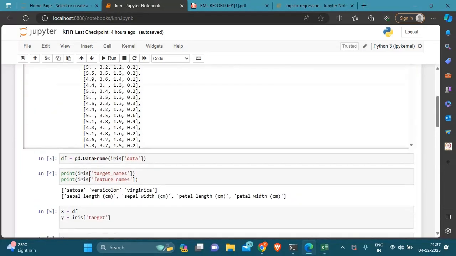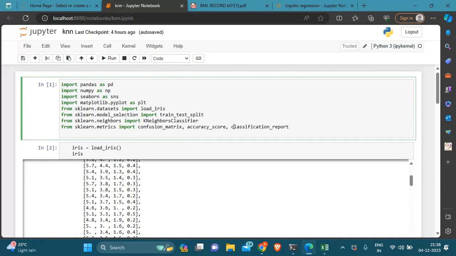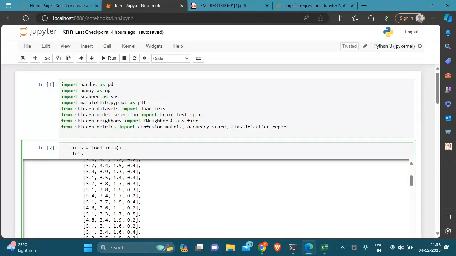Let me explain the code further. First, understand what these packages are used for. We are using sklearn.datasets for loading a dataset, sklearn.model_selection for training and testing splitting, sklearn.neighbors for the k nearest neighbor classifier, and sklearn.metrics for confusion matrix, accuracy score, and classification report. So the next thing is that